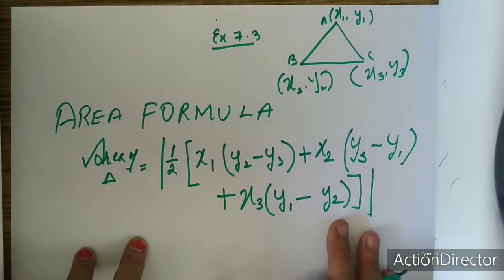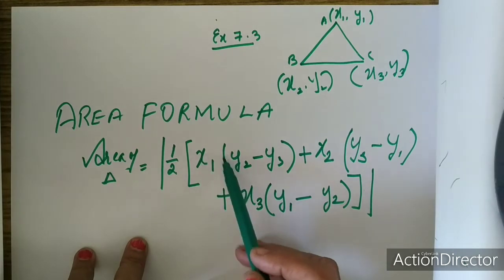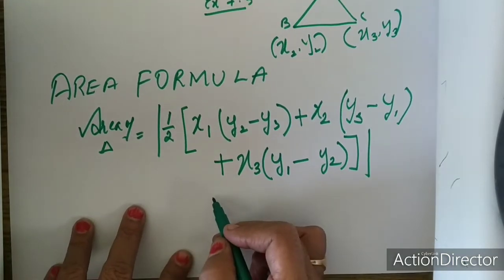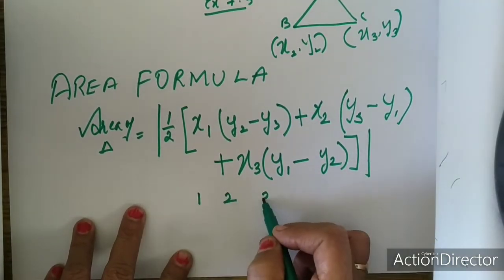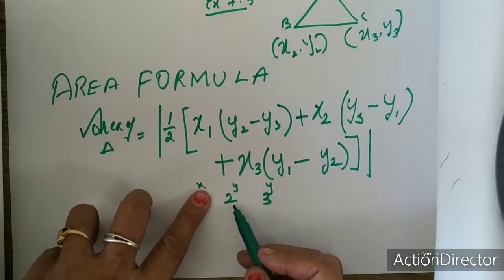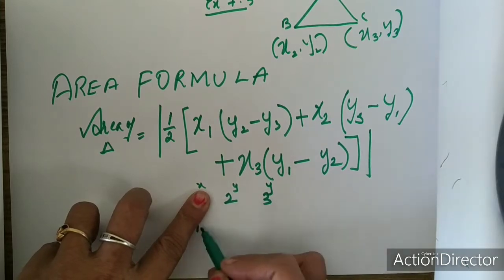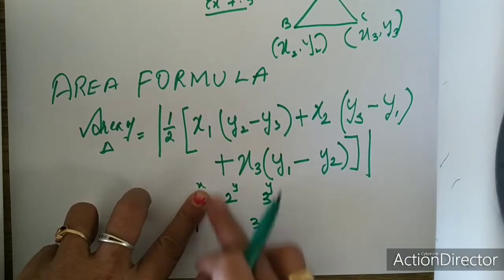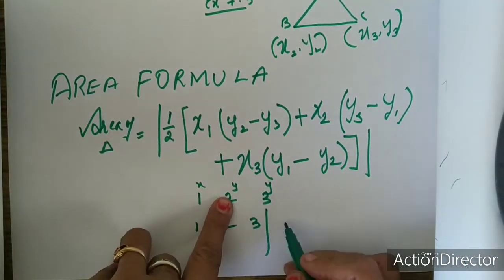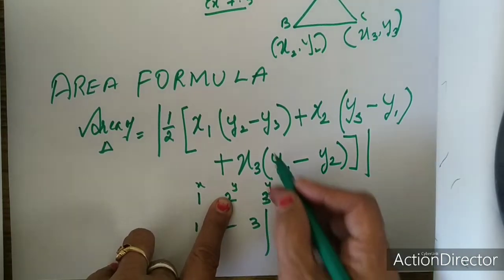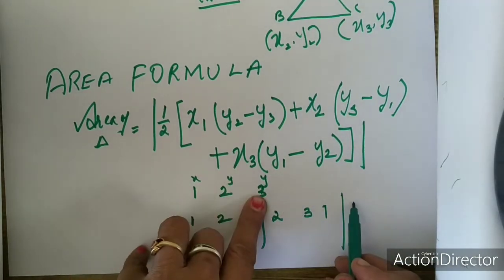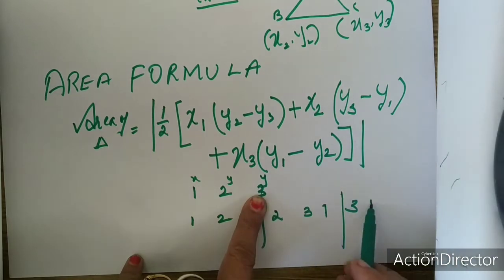How to remember this formula? First remember the variables. Outside the bracket it is x, inside the bracket it is y. You can also remember it like this: you write 1, 2, 3. This is x, this is y and this is y. If I start with 1, then we go in line 1, 2, 3. That is x1, y2, y3. Second, if you start with 2, it will be 2, 3, 1. Understood? Third, if you start with 3, it will be 3, 1, 2.